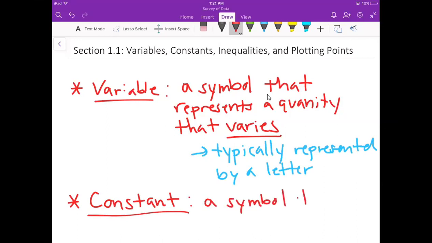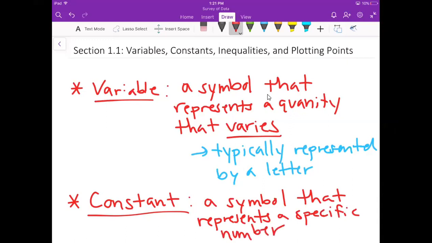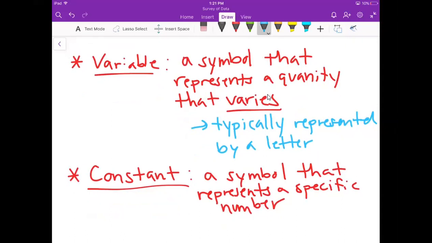but this time it represents a specific number. These are the things that aren't going to be represented by letters anymore. They are going to be represented by numbers. So these are typically where we see that exact number that it represents. These are typically represented